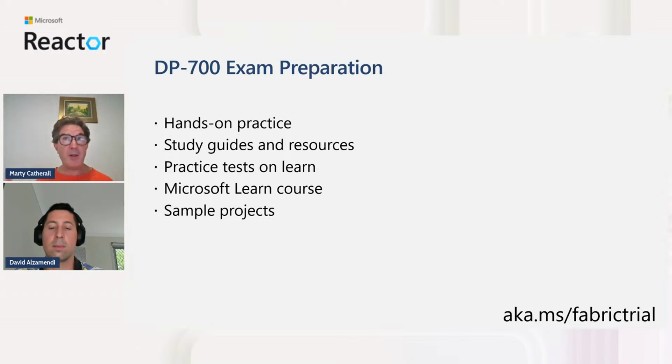Obviously you'll need your own email address, which can't be a Hotmail or a Gmail or one of the free addresses. You'll need your own domain, but you can go and set up a Fabric trial, and that Fabric trial will give you access to basically all the Fabric features. I believe there are probably some high-end features that you might not get access to, but essentially you'll get access to a large array of what's on offer. You'll also get a trial capacity.